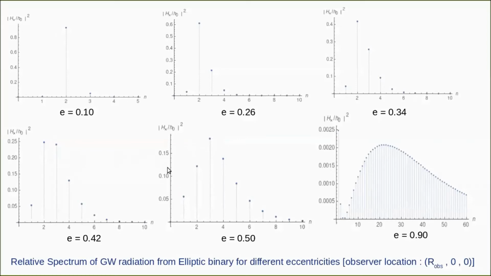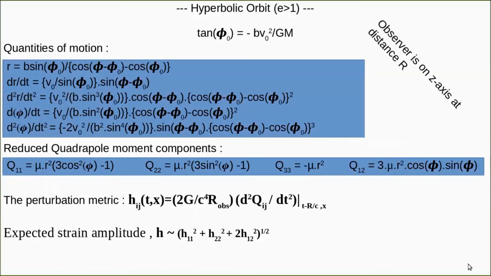Here is the order of magnitude that we can see on the y-axis. Okay, so basically it is seen from the z axis of the binary, where I have written that the observation location is r observer 0 0. Now in case of hyperbolic encounter, there is